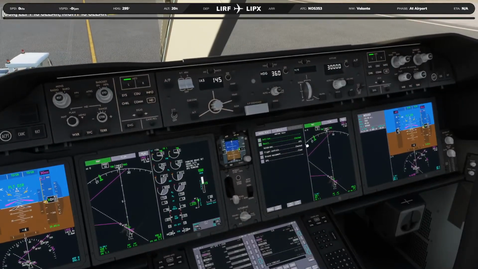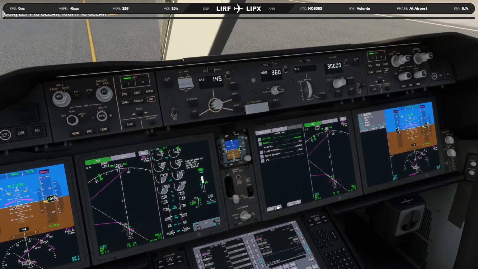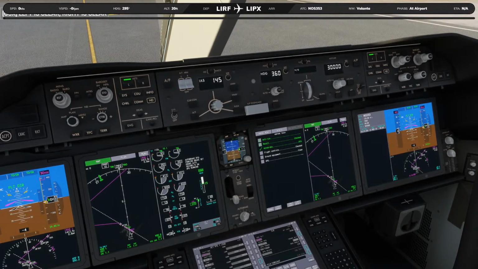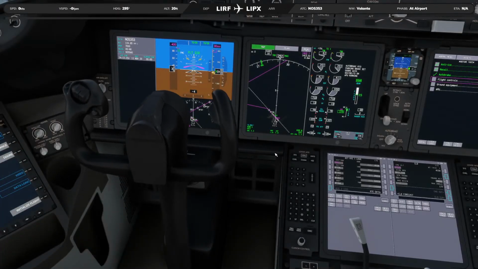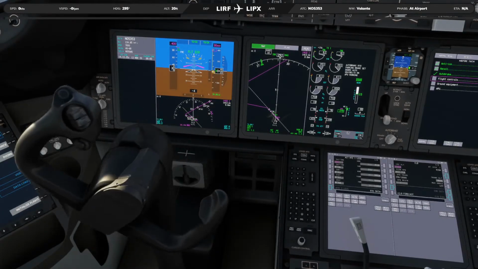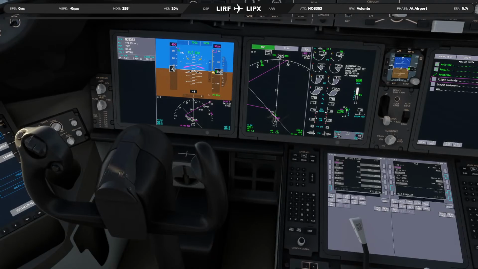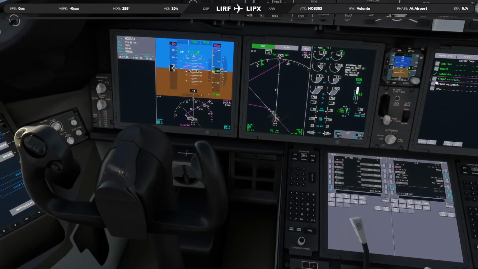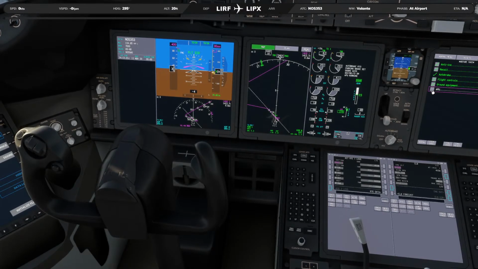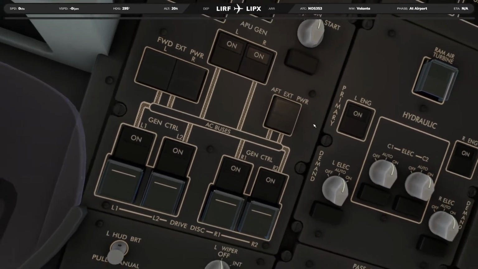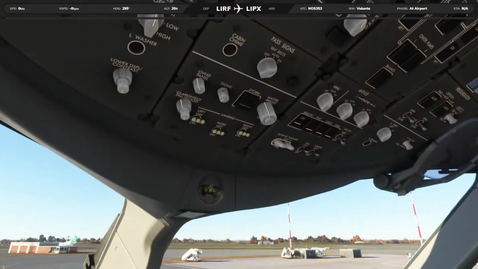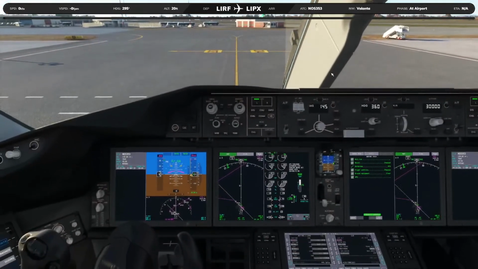Left is clear. Right Recall is checked, auto brake is rejected takeoff, flight controls, pull up, pull down, pull left, pull right, neutral, and the flight control check is complete. Ground equipment is clear. APU is now, let's see, where's the APU? There it is. APU is off, and we're good.